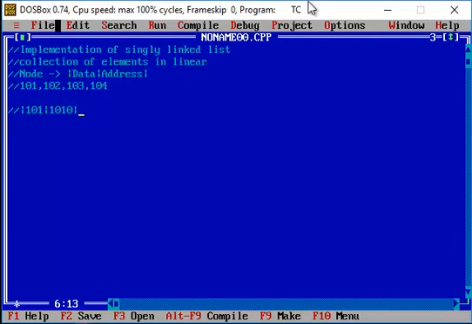But above all, we need to have a start node in your linked list. Basically, your start node has not got any data, and this start node will have the address of the first node. Always remember, the start node will have the address of the first node in your linked list. So your start node is out of the scenario when you try to display the linked list.